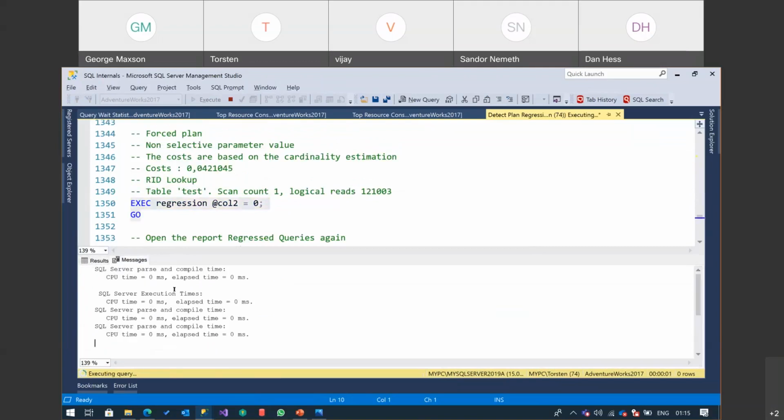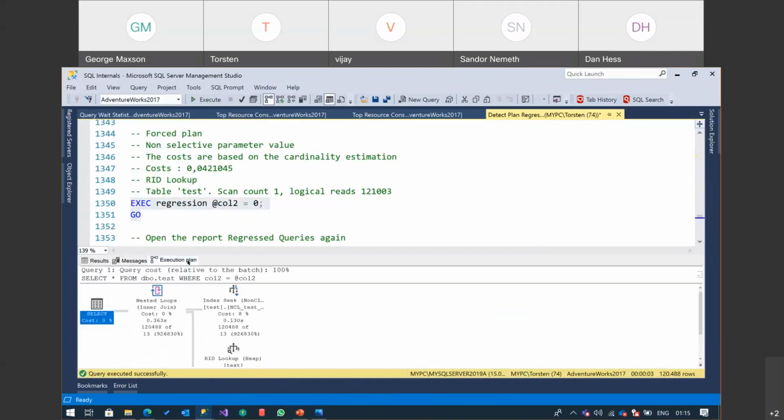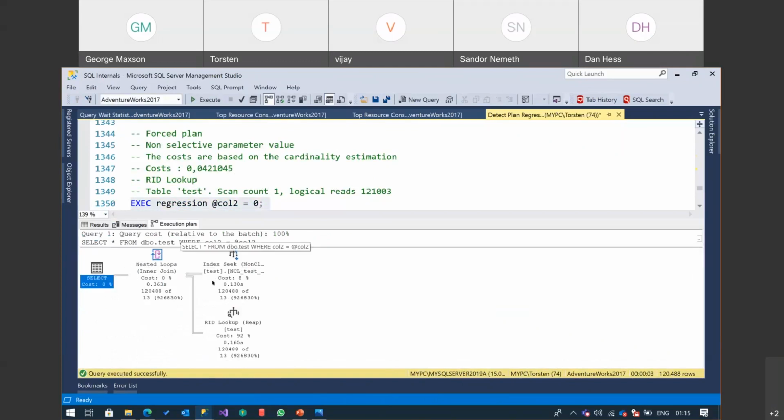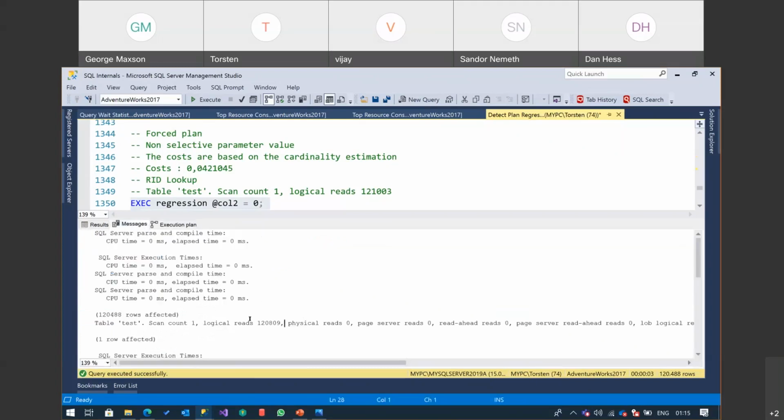This one takes much longer than before. And you can see this is a plan which I forced. There is no alternative for SQL Server. It will always use this plan for whatever parameter. It will always use the same plan because we forced the plan for this query. Now let's have a look. What does it mean? It means we will end up with,